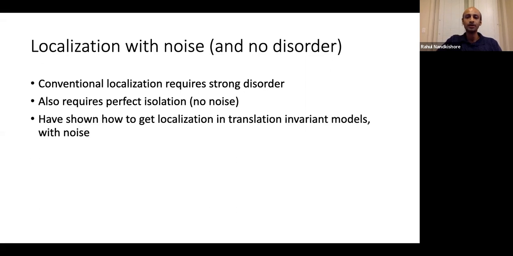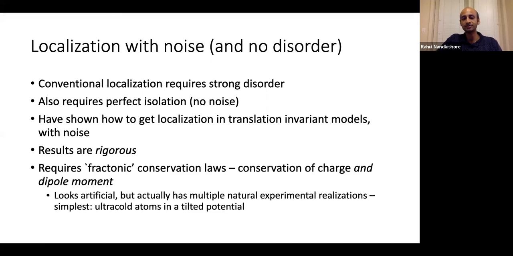So I'll give a quick recap of Anderson localization. Conventional Anderson localization requires strong disorder. It also requires energy conservation, so there should be no noise in the problem. Whereas what we found is that by borrowing insights from the study of fractons, we now know how you could get localization in translation invariant models and in models with noise, so there's no energy conservation. The results are absolutely rigorous, you can prove things, there's nothing to argue about, but they require what I call fractonic conservation laws. In particular, you need conservation of both charge and dipole moment, which looks extremely artificial, but actually this has